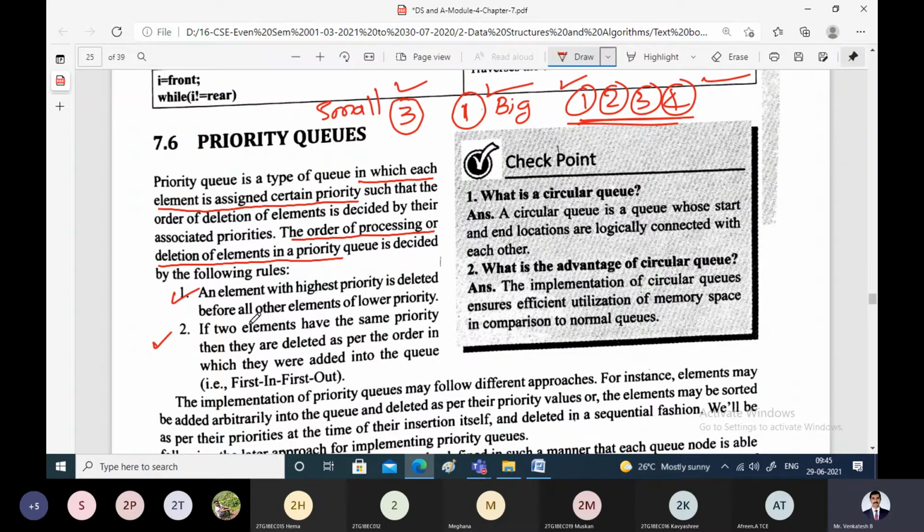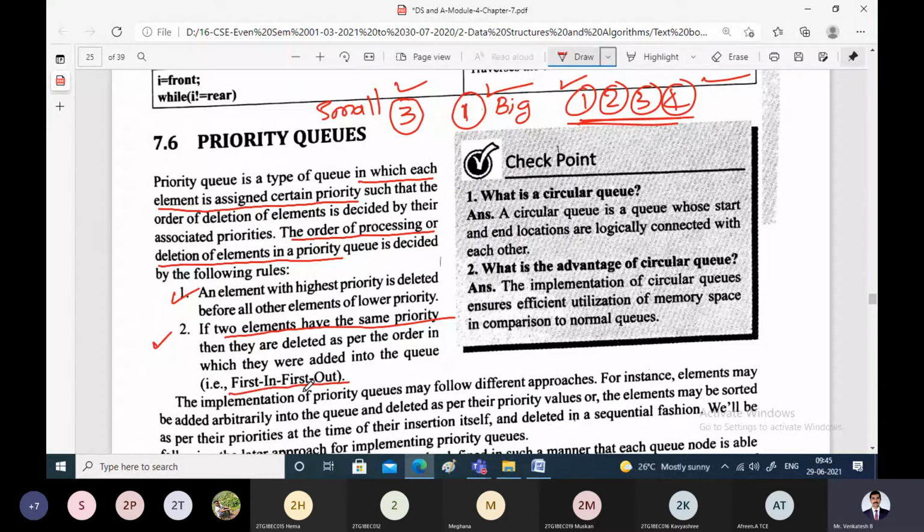Another rule which we follow while deletion or processing is this: it is possible that two elements may have the same priority. When two elements have the same priority, we process them based on the principle of first in, first out.